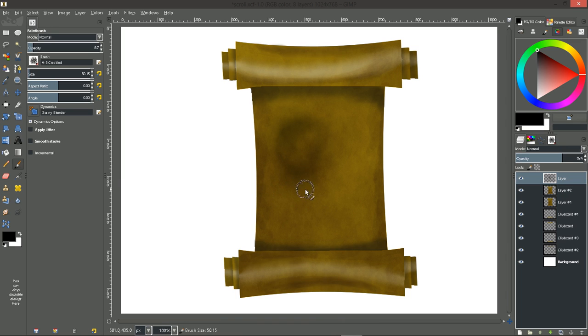maybe a water stain, I would just kind of drag out where maybe it had run down. Decrease my brush size a little bit. There we go. There's kind of